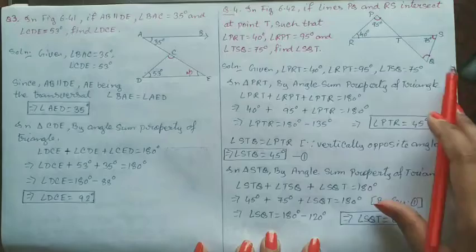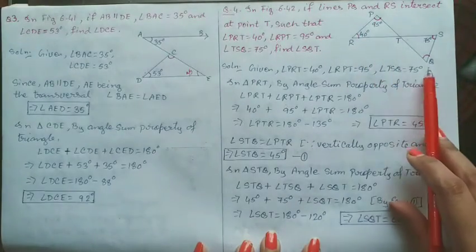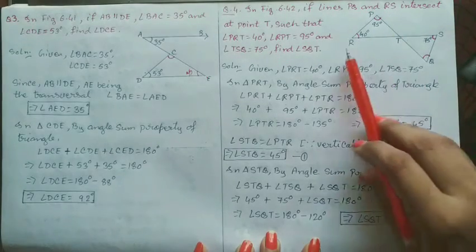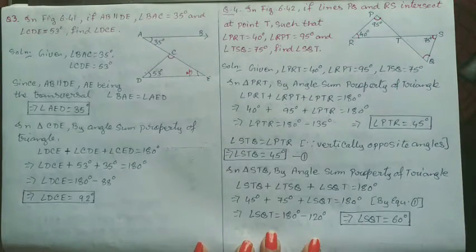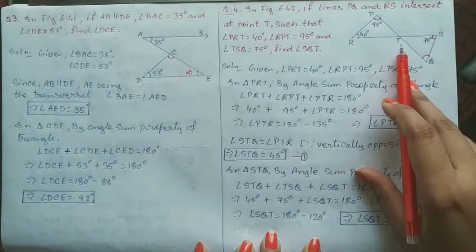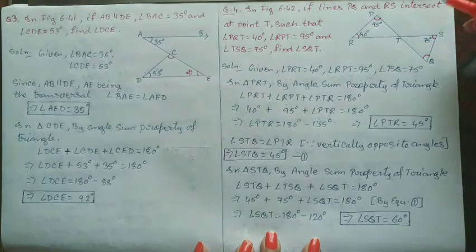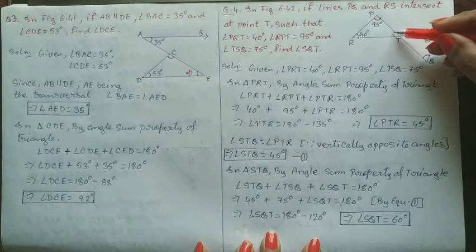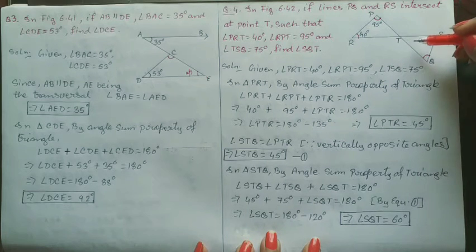Now from the given diagram what can we see? That PQ and RS are two straight lines which are intersecting at T. So we can easily say that this angle is equal to this one because they are vertically opposite, right? So if we find out this value, we will get this value. And if we find out this particular value, then we will get two angles of a triangle. So ultimately, using the angle sum property, we can find out the third one.